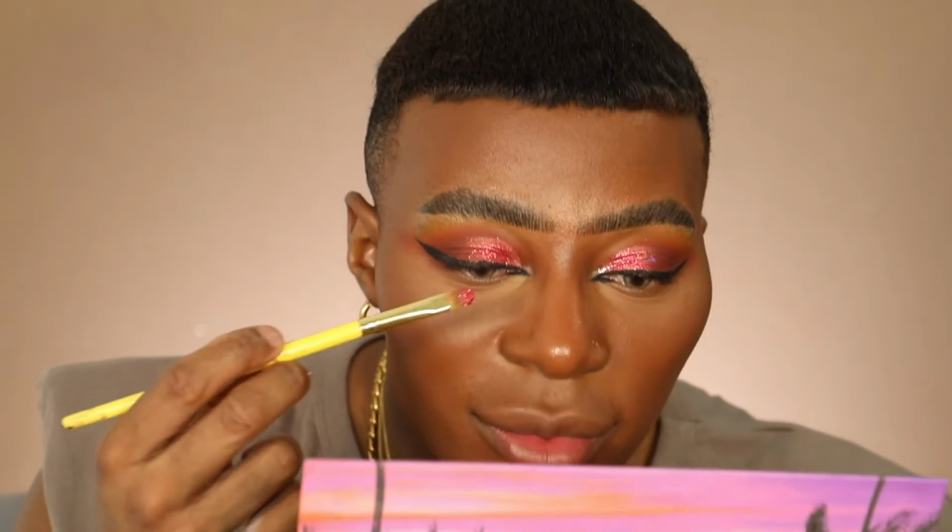So, and I actually really like the way that I come out. I need to fix my liner because this side was really playing me. So I'm going to add, I just love the Cocktails. I'm just going to add some more. That is so much better. Okay, so for the bottom lash line, I'm going to take Coconut and Sundown just to put